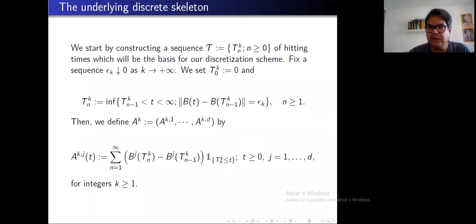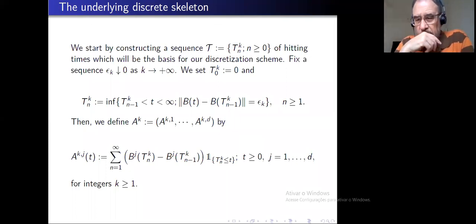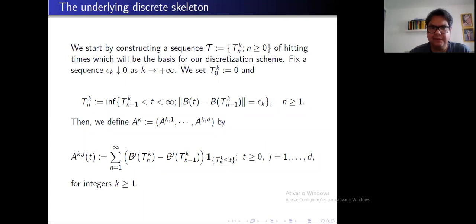Okay, so the filtration scheme, and also the space. So the hitting times are given by this. When n equals 1, I consider the first time when the multidimensional Brownian motion hits this level, epsilon k. And epsilon k is a sequence you choose a priori which goes to 0. And then I define AK, which is a continuous time random walk. This is a continuous time random walk driven by these hitting times here. So the increments in the one-dimensional case, which is